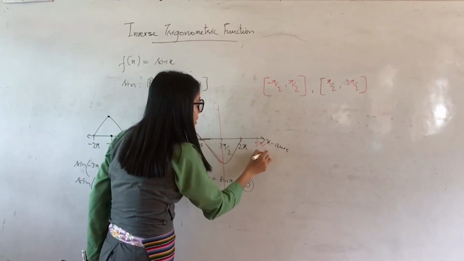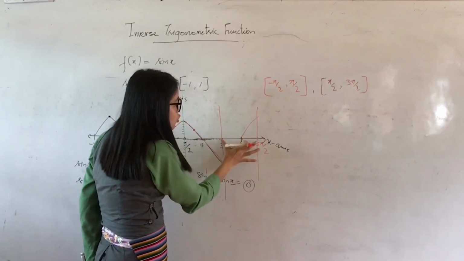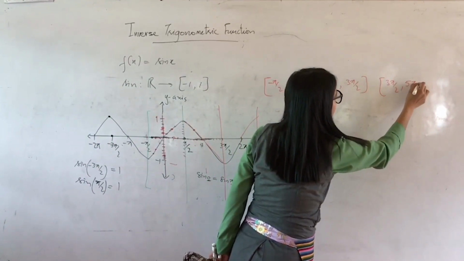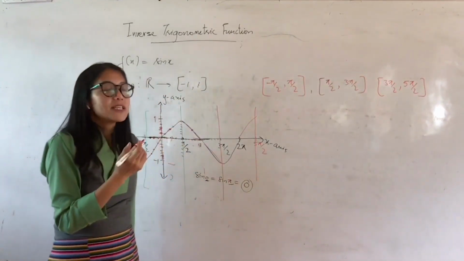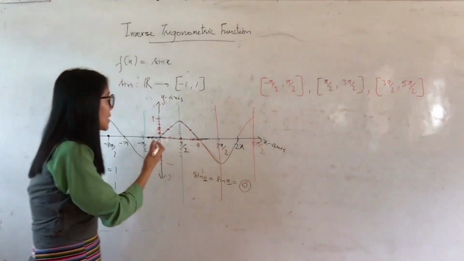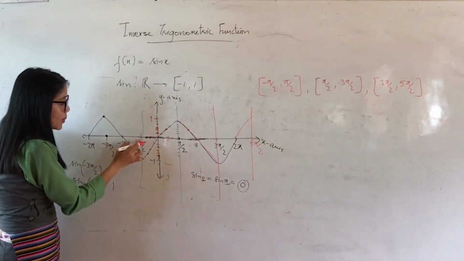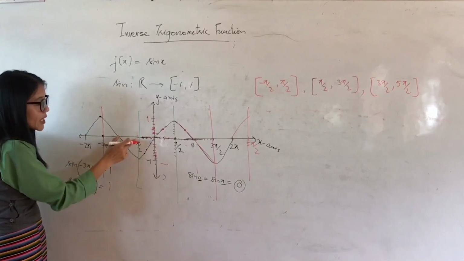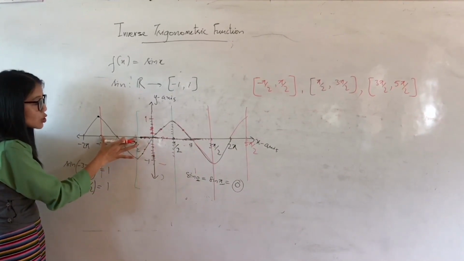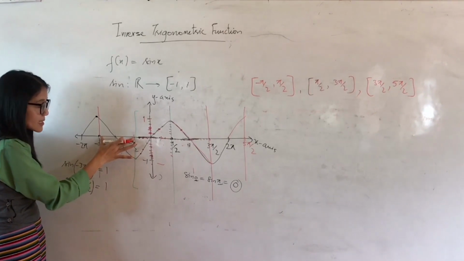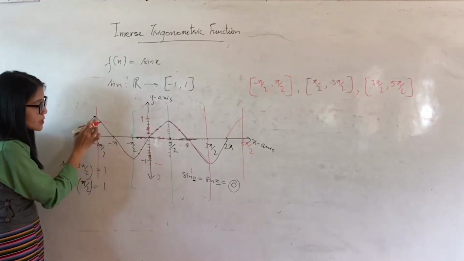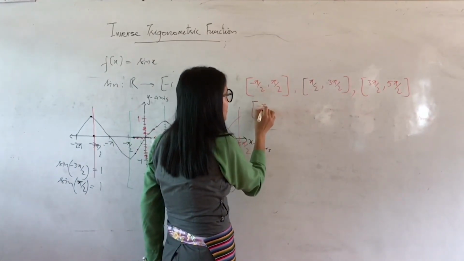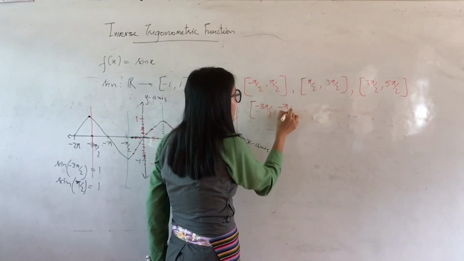Then we have here 5 pi by 2. The graph of sine will continue like this. So again in this interval, 3 pi by 2 to 5 pi by 2, we can find sine inverse, right? Similarly, if I come on this side, negative pi by 2 to pi by 2 I've written there. Then we have here negative 3 pi by 2 to negative pi by 2. In this interval also sine inverse exists, because in this interval we can find its inverse. So one more interval I have got here is negative 3 pi by 2 to negative pi by 2.